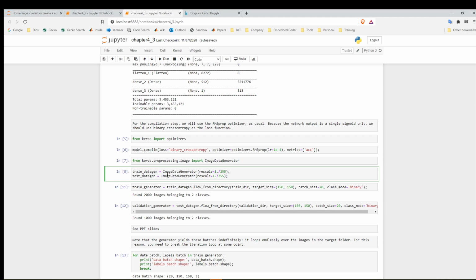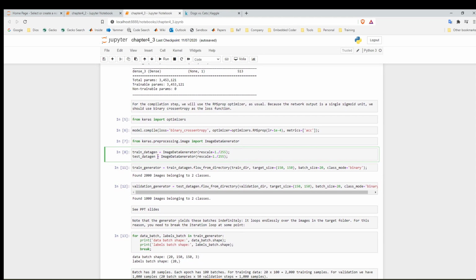Data augmentation, for example, in here we only have 2,000 samples for training. But with data augmentation, we can multiply that into 10,000 or something like that. We're going to show later how to do it. Okay, for now, we're not using data augmentation, so we're rescaling the values because neural networks work better with values between 0 and 1, and the values of the image are from 0 to 255. So we're going to rescale them, get the generator, but the generator at this point does not have the